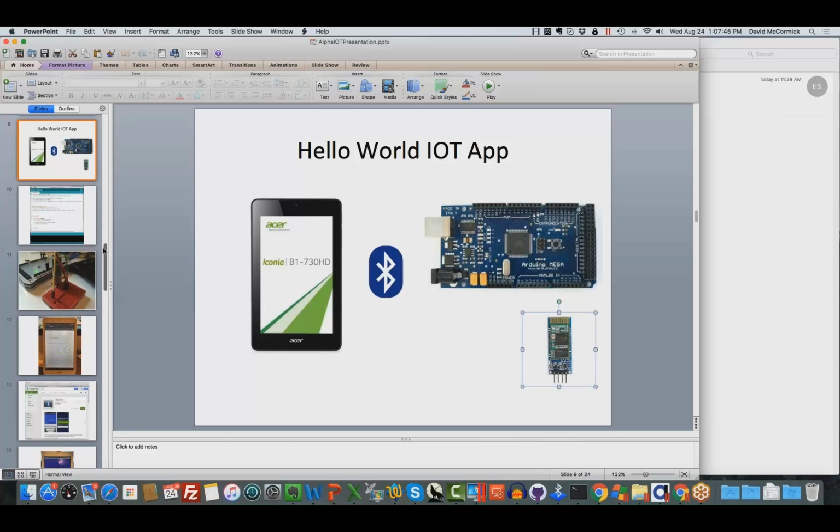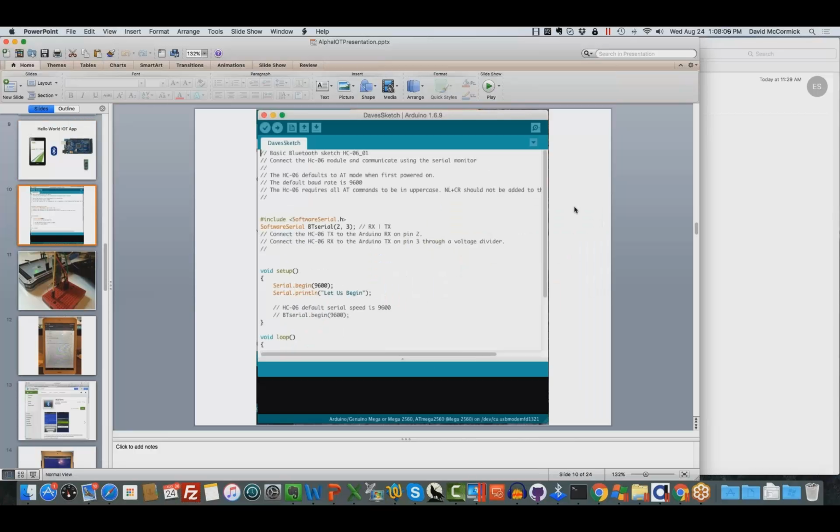So to make our application work, the first thing we needed to do is we needed to program the Arduino Mega board. And the way we did that is by loading on what's called a sketch. Let me just show you what that looks like. Now this is the Arduino IDE. Here it is running on, it's a screenshot of it running on my Mac computer. There's a version for Mac, there's Windows, there's Linux. And all it does is it lets you create software and load it onto the Arduino board. You get this right from the Arduino website. There's no charge for it.